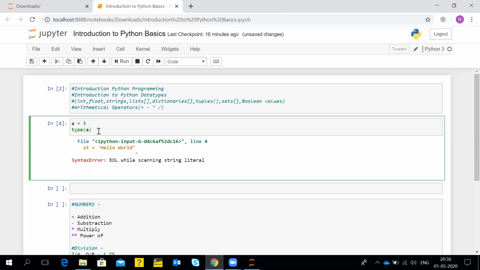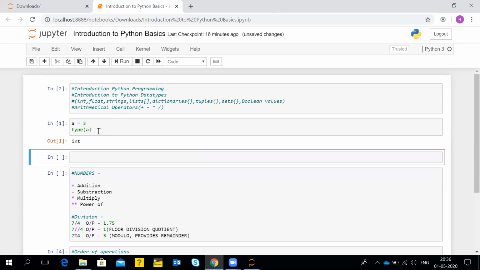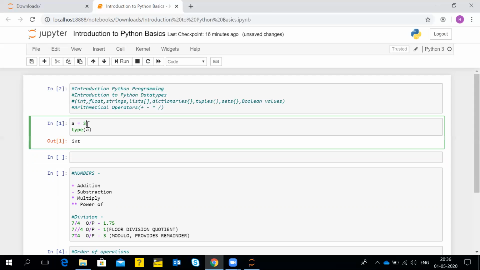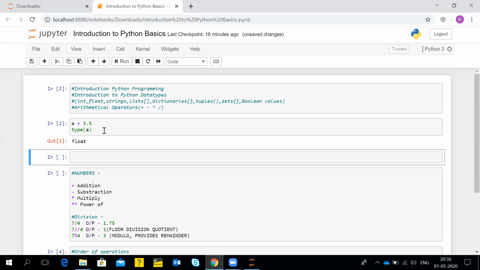You just hit Shift plus Enter, and you will get that data type in the output. Suppose I enter 3.5 over here, and again check the data type of the variable a. Now you can see that the data type has changed and the output is now float. This is the major difference between an integer data type and the float data type in Python.